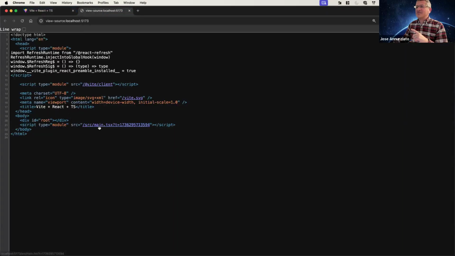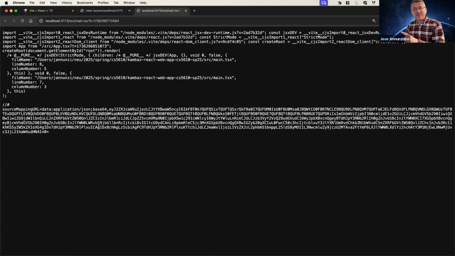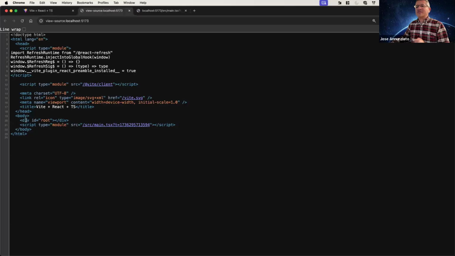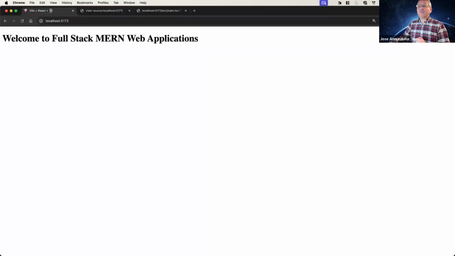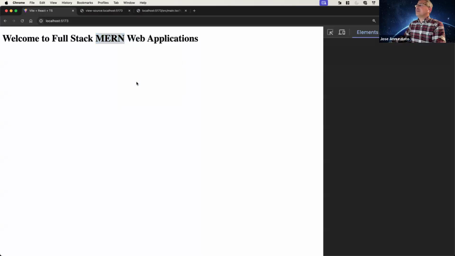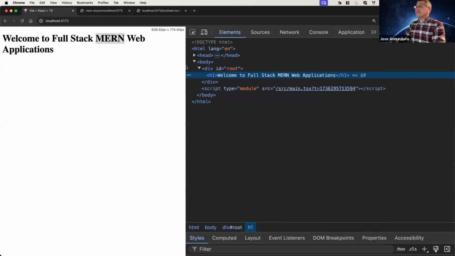Instead, notice that it has a reference to main.tsx. That main.tsx has the JavaScript that runs and inserts the content dynamically into the DOM, and then the DOM gets manipulated into this div root right there, and this is the result of that. Now you can see the resulting DOM after having been manipulated by looking at inspect. You can say inspect, and it opens this tool. This is the developer tools,